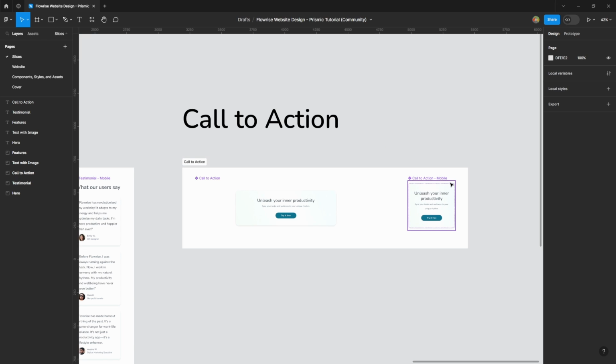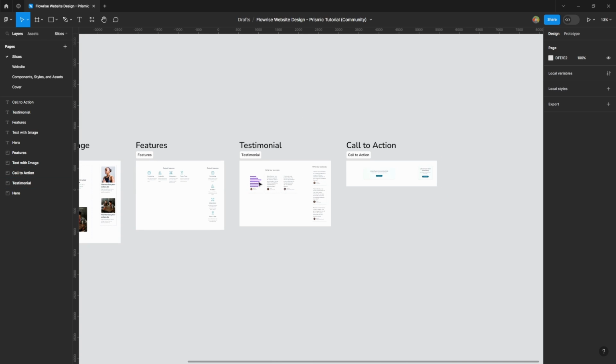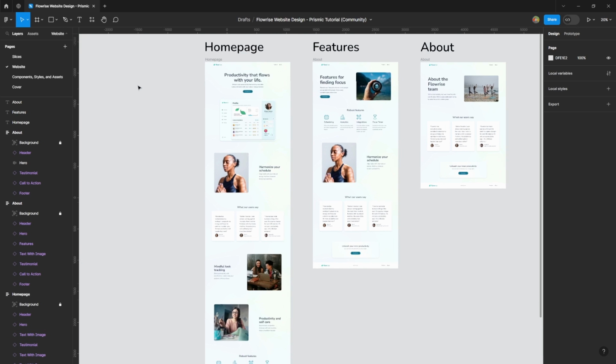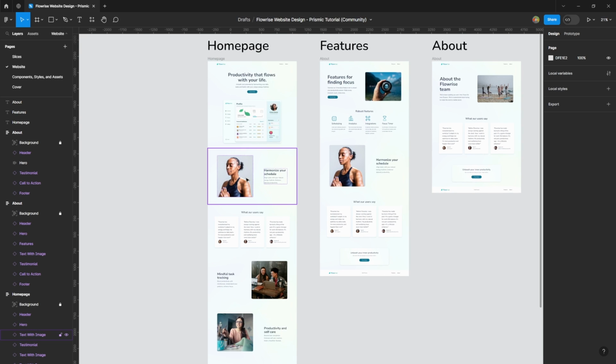And this is really the gist of this crash course. We'll be building those sections together. The reason we're focusing on building website sections is that as a content writer, when you hand over these website sections to them, they have the ability to build pages and compose them the way they want within Prismic. For example, if we look at our home page as a content writer, you might want to say,